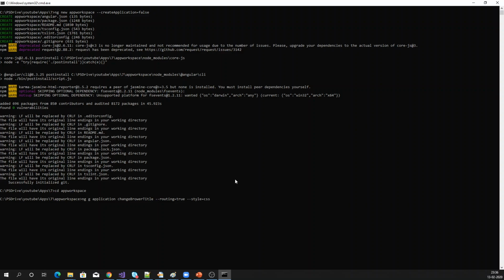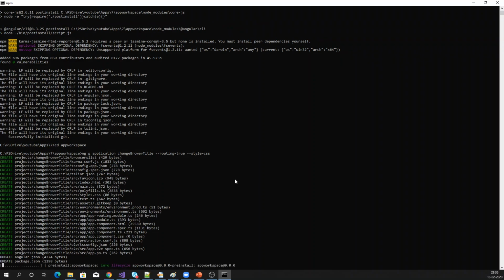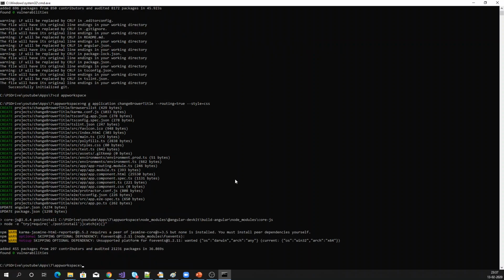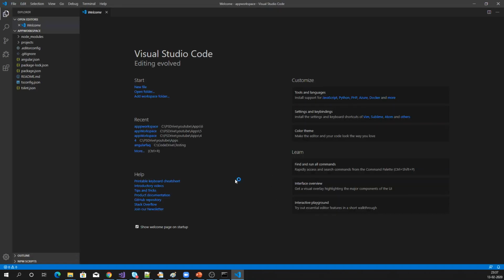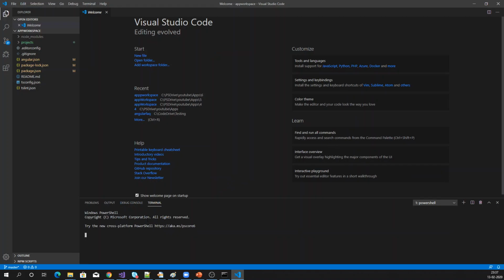Now the application is created. Let me open that workspace now using VS Code. I'm in here, and we have the application change-browser-title, and in that